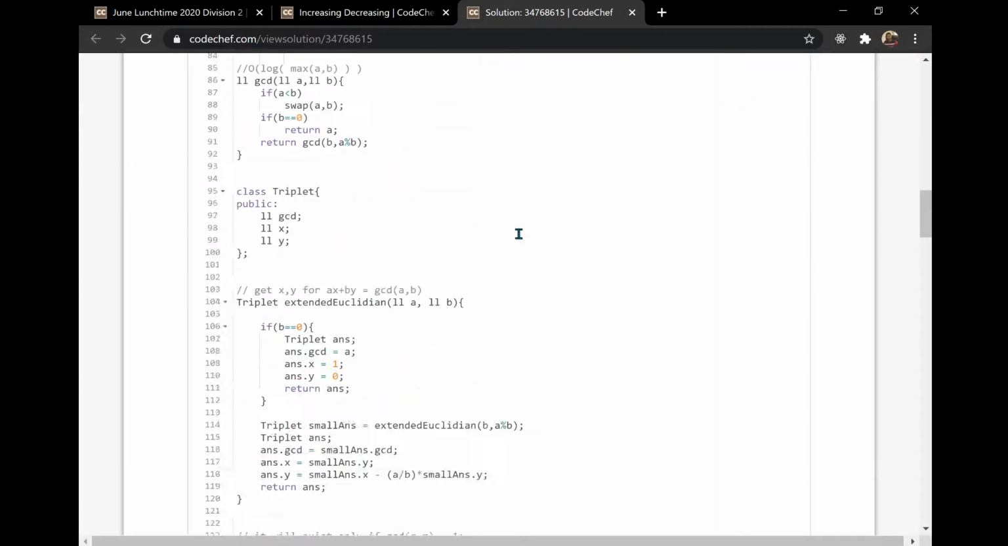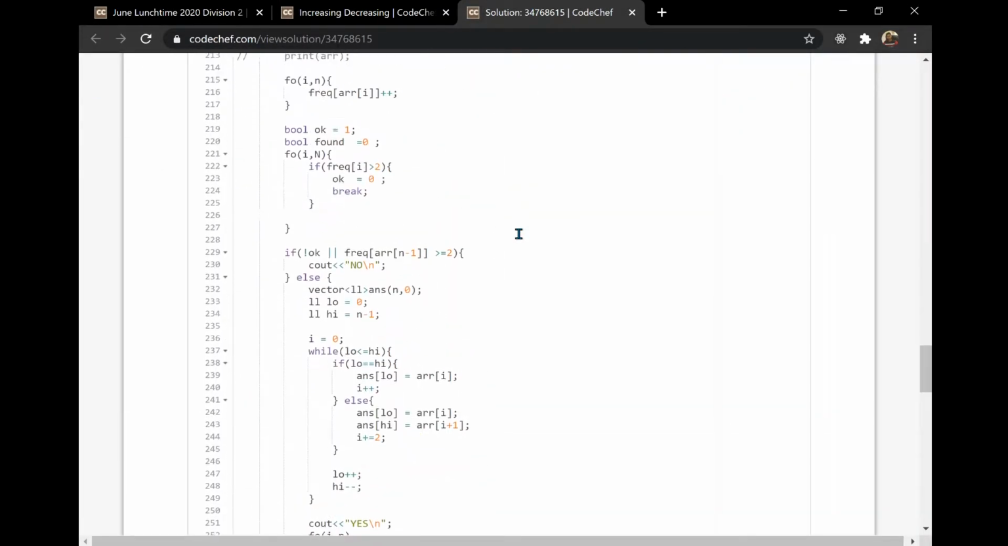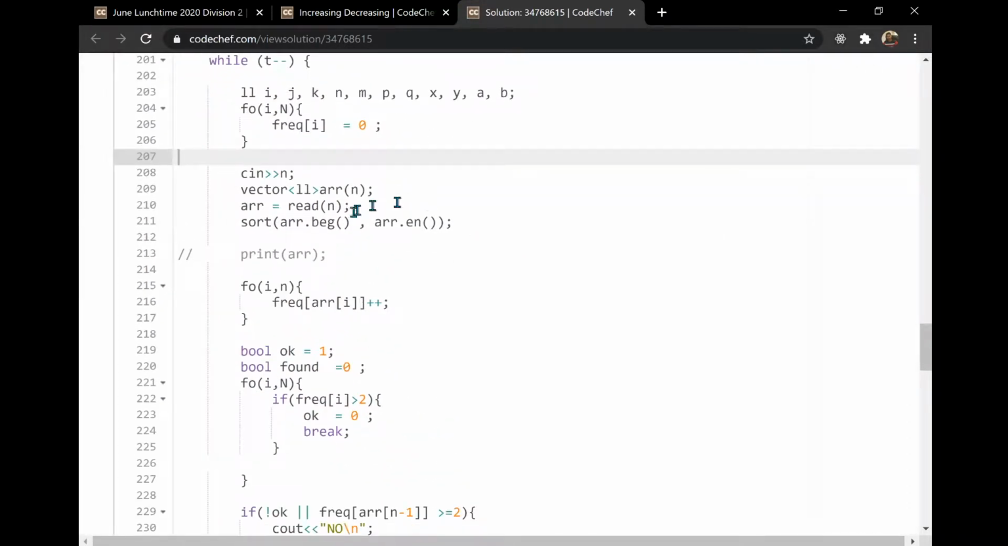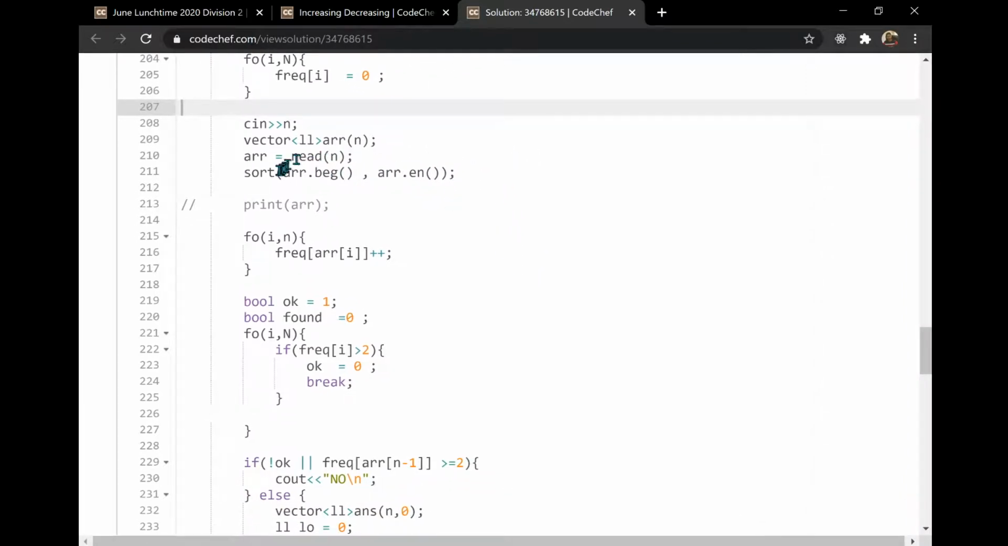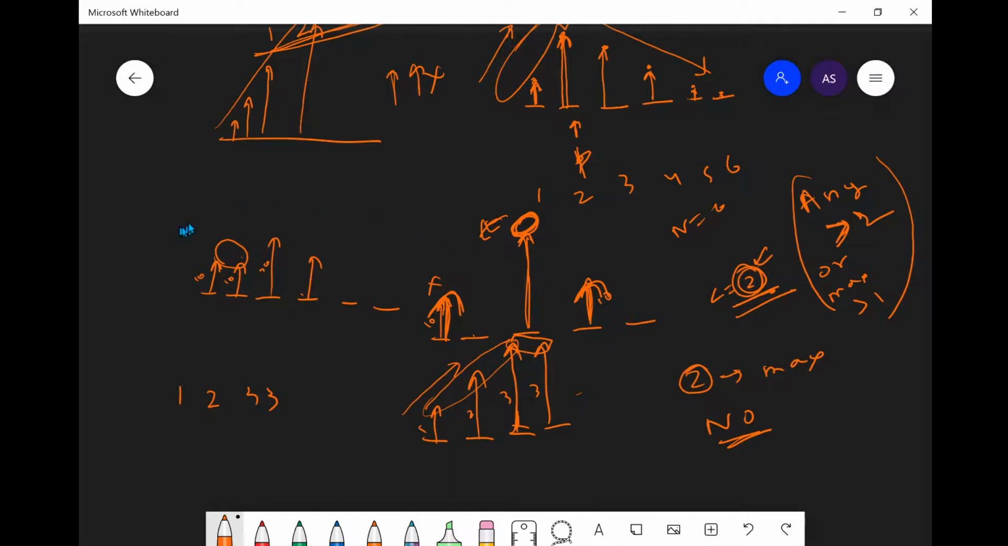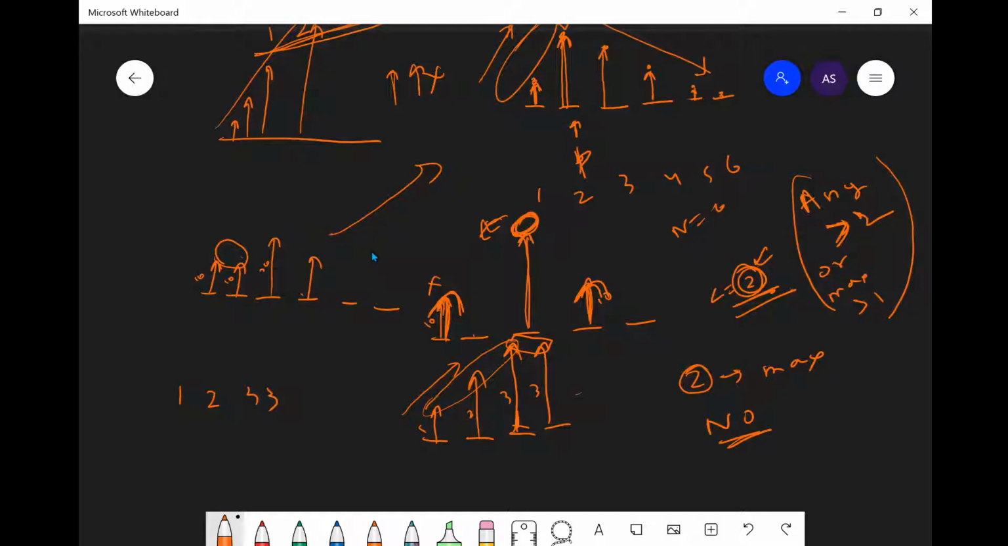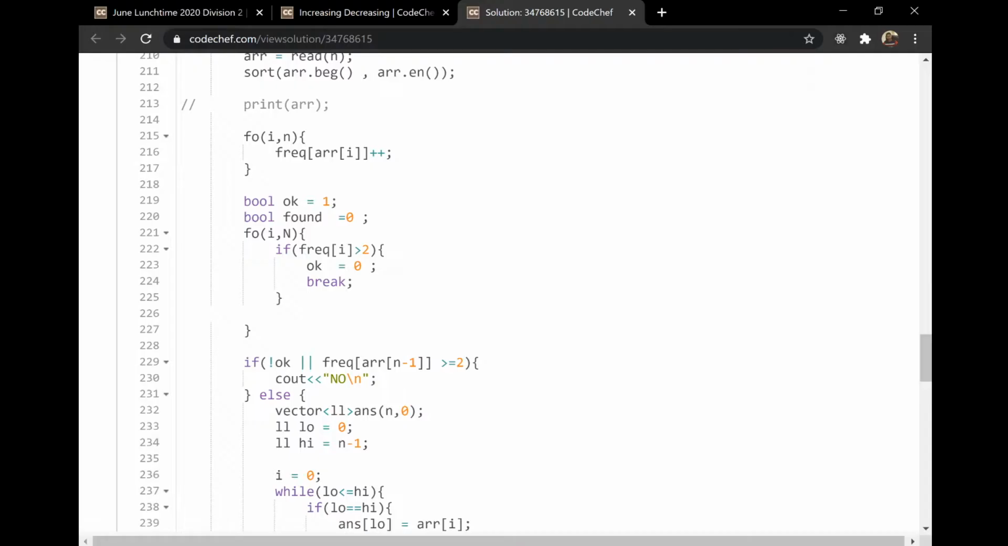So here is the code. Let's just get to the main part, and here it is. Basically, here we are handling the input part, and we are also sorting the array. Sorting the array would give us the array in increasing form, not strictly, and then we are making this frequency array. That means we are counting how many times each element is present, and if any element is present greater than 2 times,